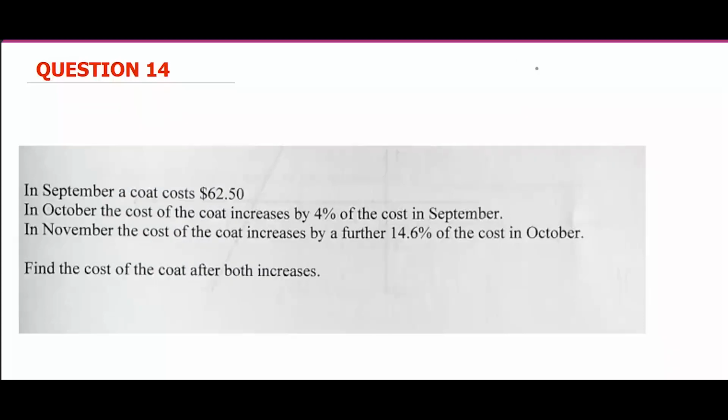In September, a coat costs $62.5. In October, the cost of the coat increases by 4% of the cost in September. In November, the cost of the coat increases by a further 14.6% of the cost in October. Find the cost of the coat after both increases. So here, this is September. In September, that is at 100%. The cost price is